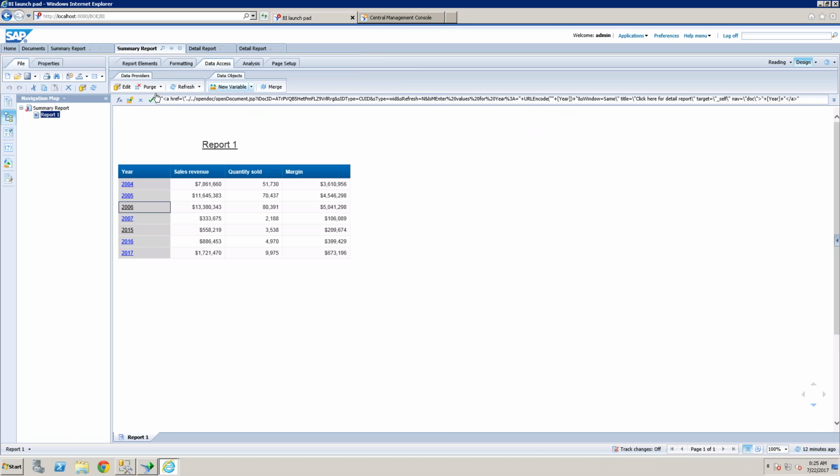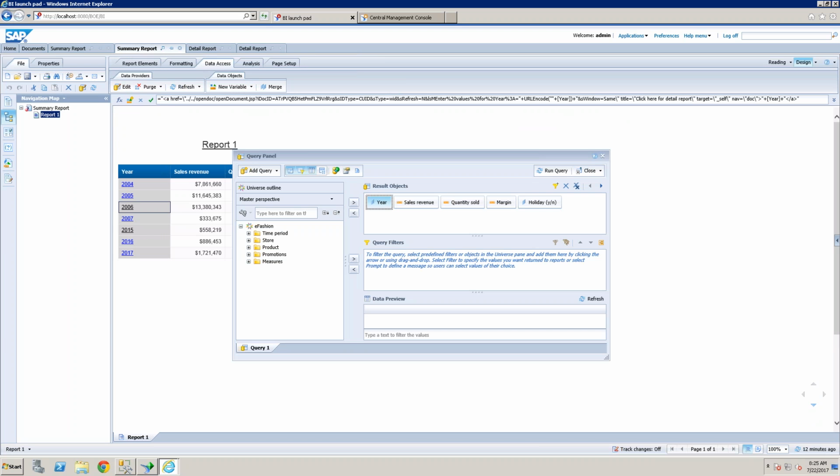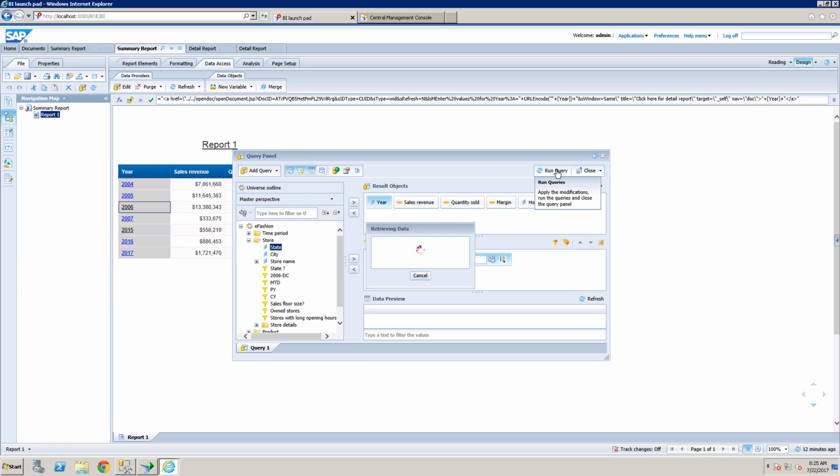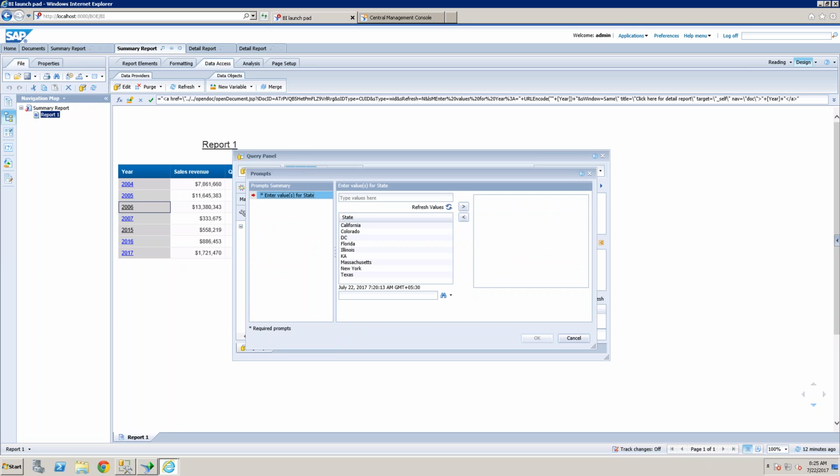Now I'm going to edit a query. I'm defining a prompt on state. Click on prompt, run the query. I'm just selecting the Florida data.